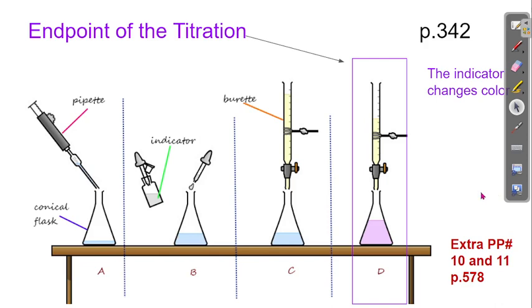Okay, before we do the problems, this is what you're going to do in experiment 10.2. You know you're done with your titration when it changes color. The indicator changes color. See, the color here was blue? You added that last drop and it changed color. You're done. So you have a substance here. You have no idea, you want to know the concentration of that substance. But you do know the concentration and the volume